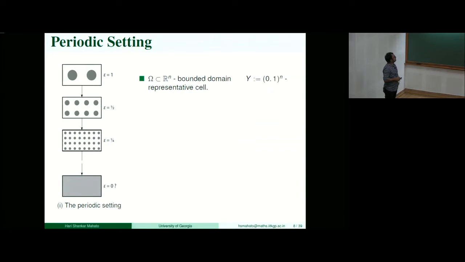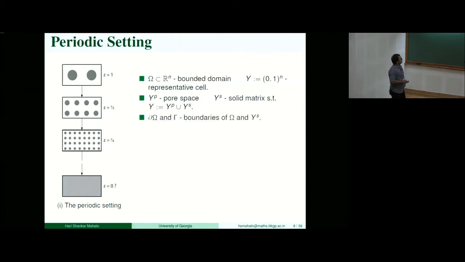To visualize, let us assume that the given porous medium is denoted by the domain omega, and we have a representative cell Y. In this representative cell Y, these white spaces are the pore space, and this Y_S, the dark gray region, is the solid part. So you have pore space and you have the solid parts. And for a scale parameter epsilon, we make this kind of substitution, that x equals epsilon y. So when your epsilon is half, then your representative cell will look like this.